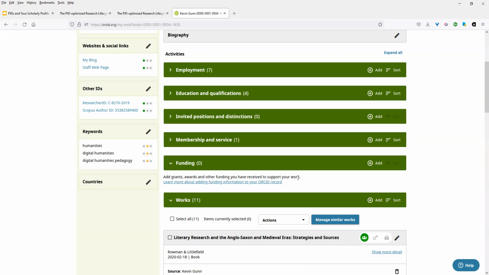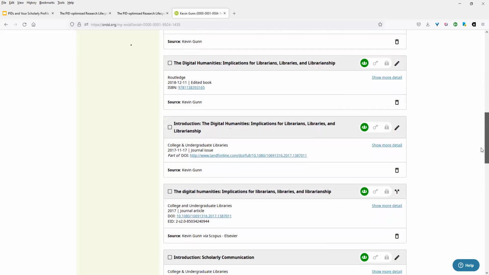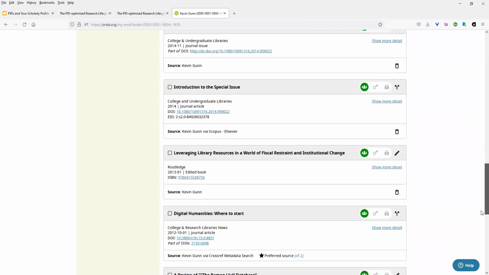You know, hey, I got a grant. How about you? That sort of thing. And also the works that you've put out there. You have some great features here. You can export your works, set visibility, delete stuff. You can put a lot of different things in here. I have books, edited books, journal issues, all these different objects that you can put in here. Let's do